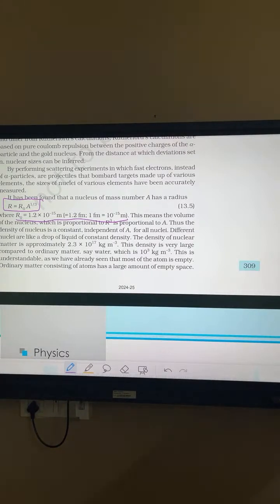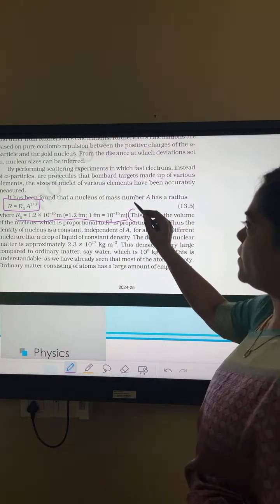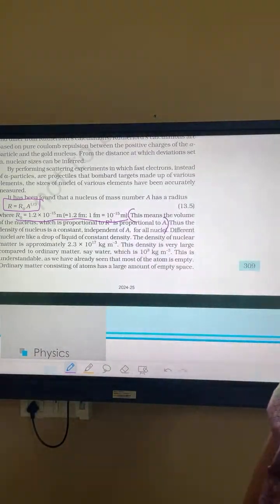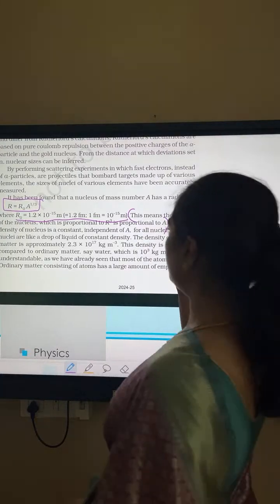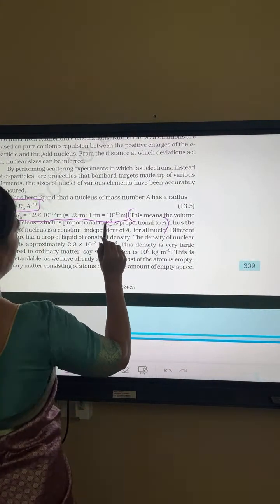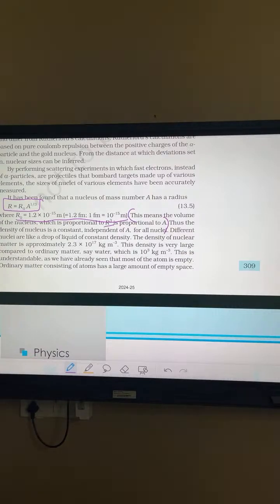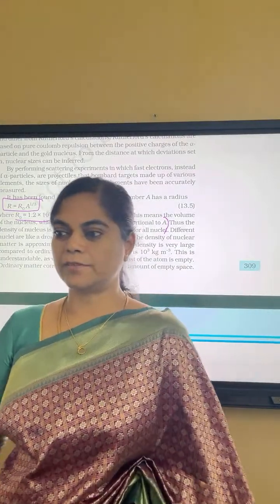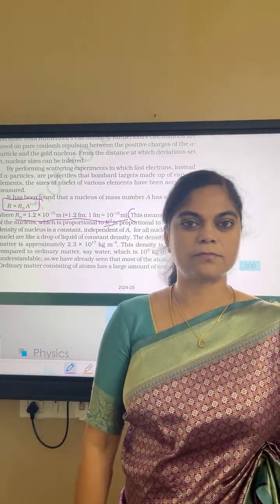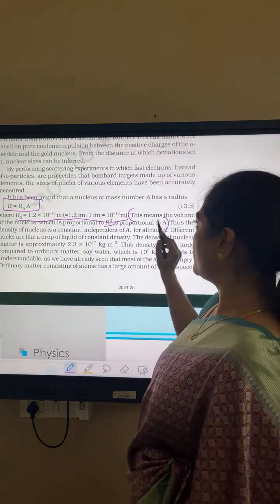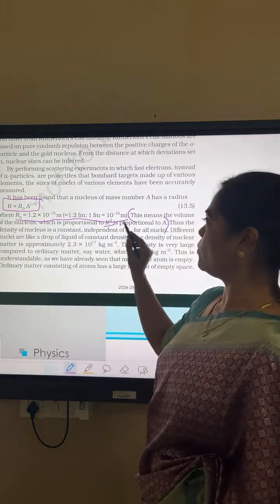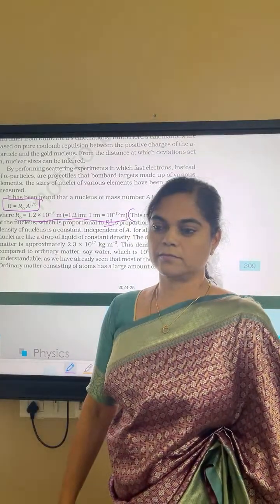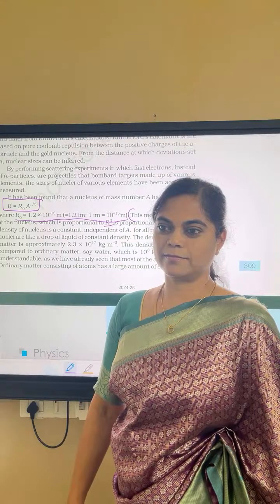This means the volume of the nucleus, which is proportional to R cube, is proportional to A. Why are they saying like this? Can you guess what this sentence conveys? This means the volume of the nucleus which is proportional to R cube is proportional to A. Any idea, students? Nothing in your mind? Volume of